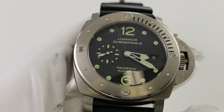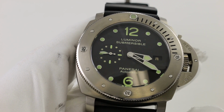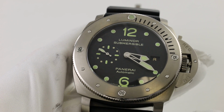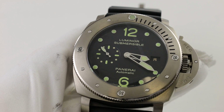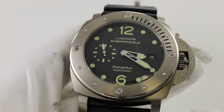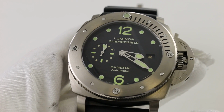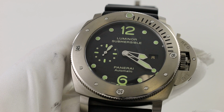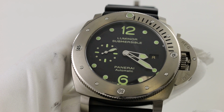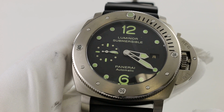What makes the 571, in my opinion, very unique is that most of the years, historically, the Regatta Special Edition or the Classic Yachts Challenge Special Edition watches have been made typically in a number of about 500 pieces. This particular watch, the PAM 571, which again is the 2014 Special Edition Regatta, was only made in 50 pieces. Very interesting, considering pretty much every special edition Regatta watch prior to this one was made in anywhere from 500 to 1,000 pieces. So not quite sure why they only chose to do 50 pieces, but nonetheless,